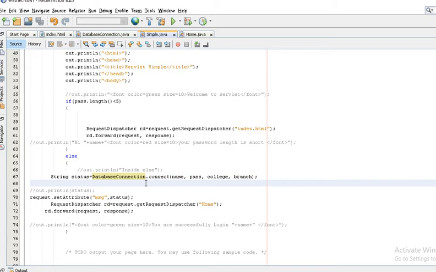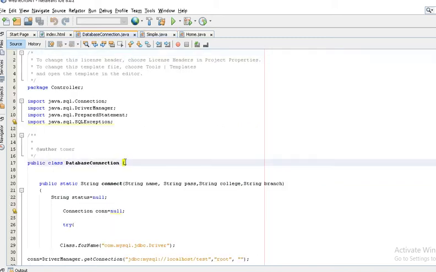In the Java class I created a connect method in which I create a database connection. So let's go to the DatabaseConnect class.